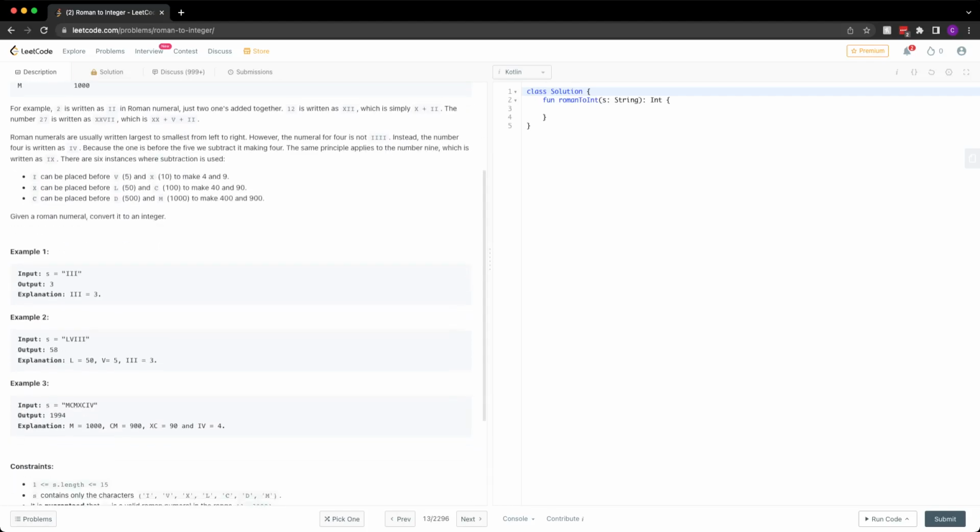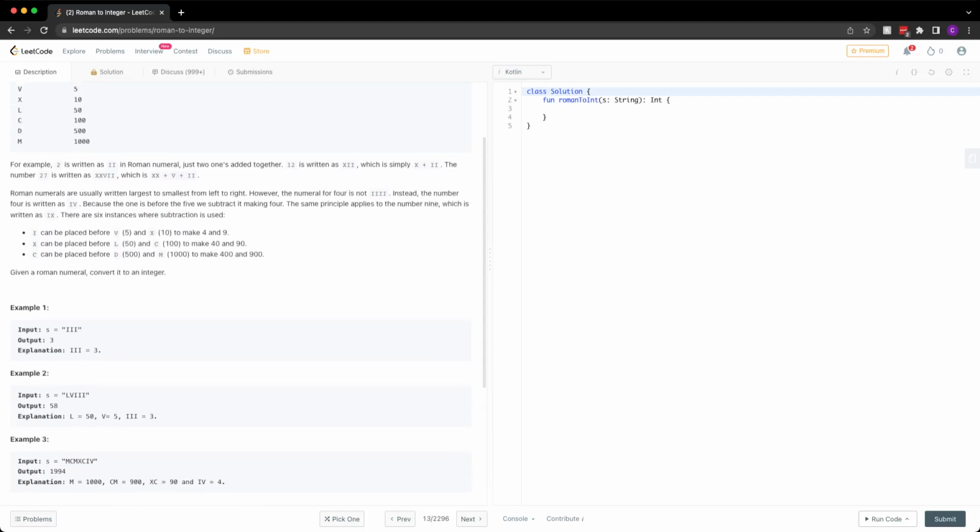I think that's right. CM: C is 100 and M is 1000, so you subtract 100 from 1000 and get 900. XC is 90: X is 10, C is 100, you get 90. IV: I is 1, V is 5, you get 4. So this is how we get 1994 here from M, CM, XC, IV.